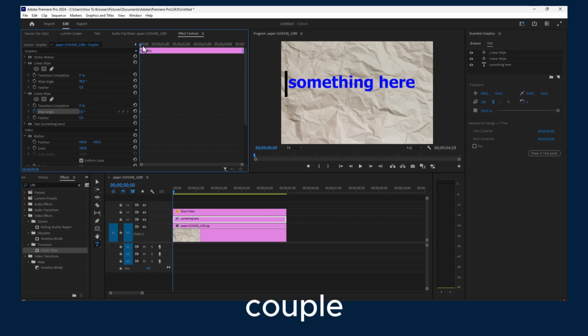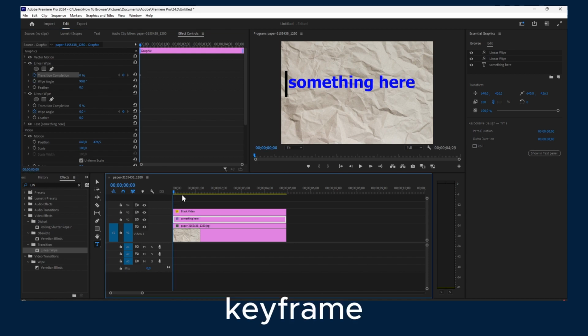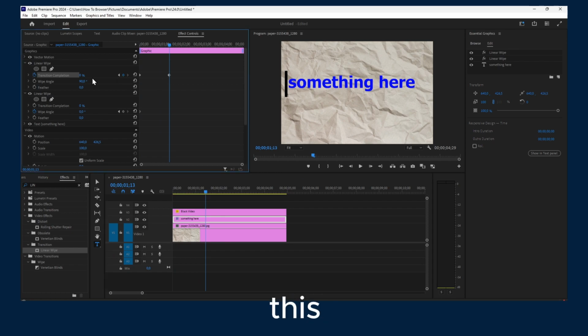After we move a couple of frames ahead, we can type here. Now ensure that right after the video starts, here in transition completion, you add 0, and then you also don't forget to add a keyframe, move a couple of frames, and then here you click on this button, and